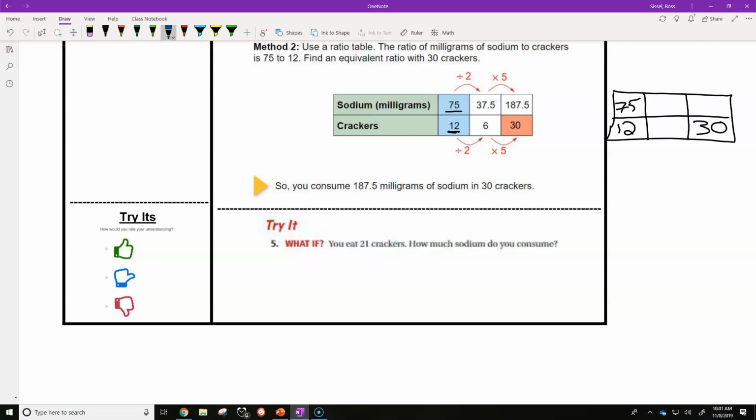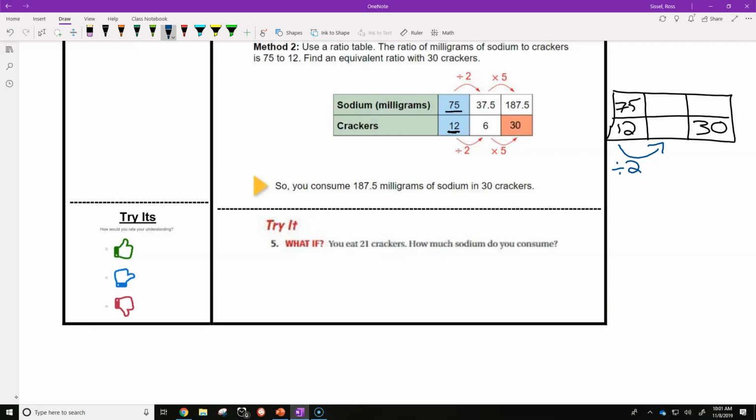This is where you use your number sense in what you can do. I know I can't add. I don't see a rule. I can't multiply 12 times anything to get me 30. So I'm going to go to a blank. You're going to add one in. I added a step. I did 12 divided by 2, and the reason, this is the part that's confusing